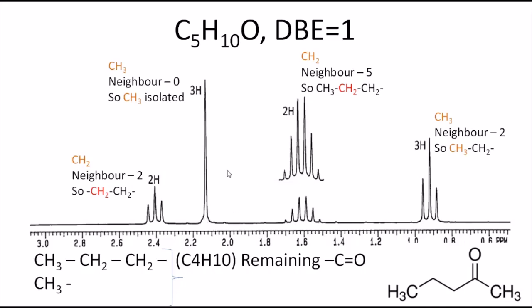As I have already said, you should not take only the height of the spectrum to calculate the intensity. Can you see here, this is 3 hydrogen, this is also 3 hydrogen, but the height is different because this is a singlet and this is a triplet. Okay, by this you can find out, and you have to analyze each and every spectrum and combine all the information together to produce the structure, right?